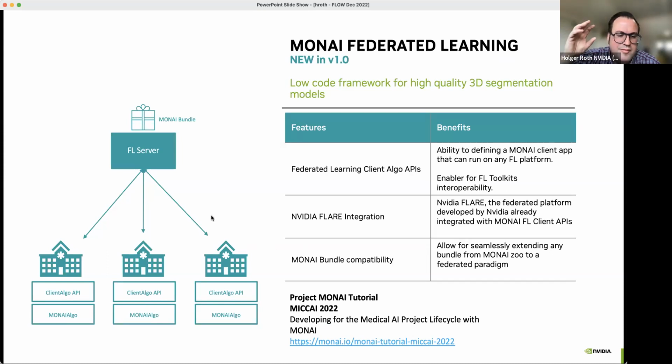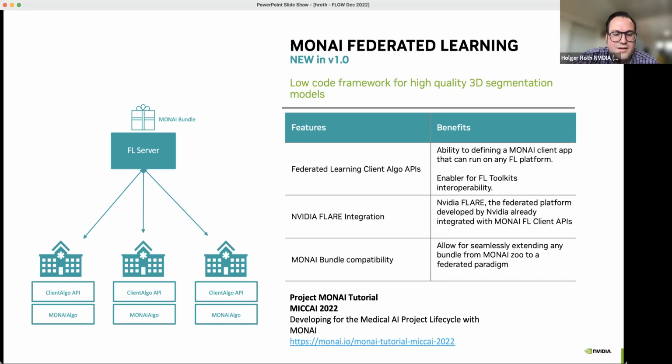So people build models with AI, with Monai, and provide pre-trained weights in the model zoo, and those kinds of models we package as a so-called Monai bundle. So it's a standardized set of configurations that describe how you do training, inference, evaluation. And with NVFlare, we can actually take this Monai bundle from the model zoo and off the shelf apply it